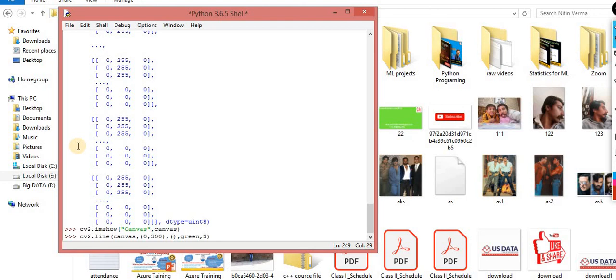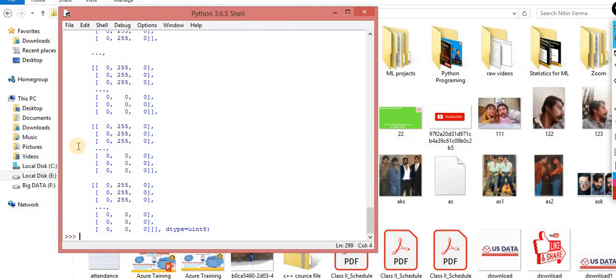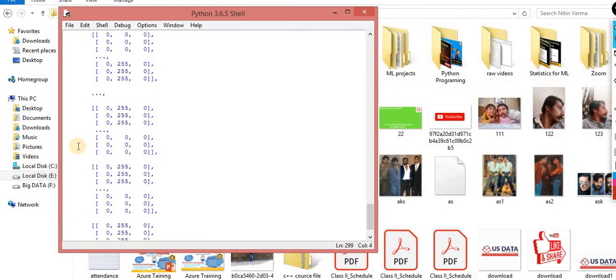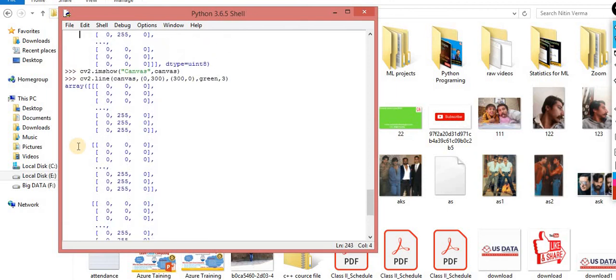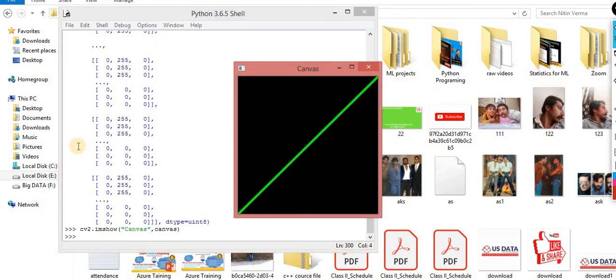And the second should be from 300 up to 0, and the green, and the channel is 3. The array is ready, and then you are supposed to show this image now. Yes, the line is printed out.